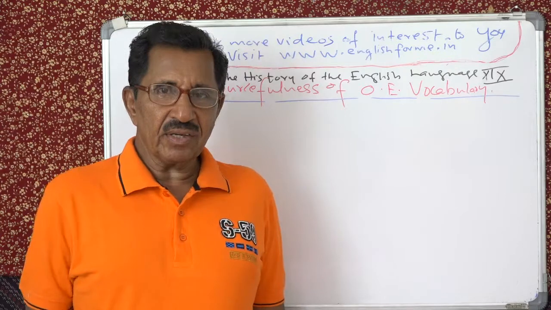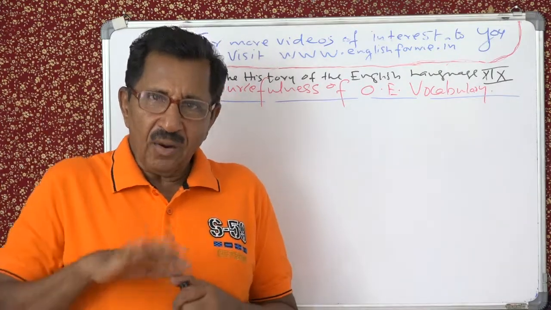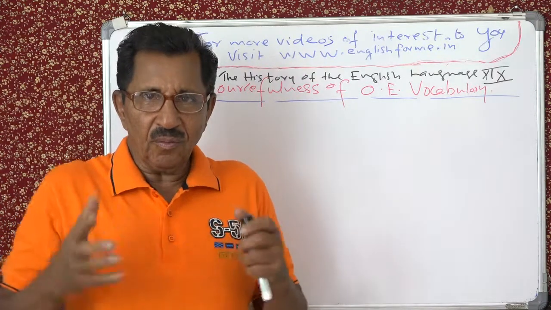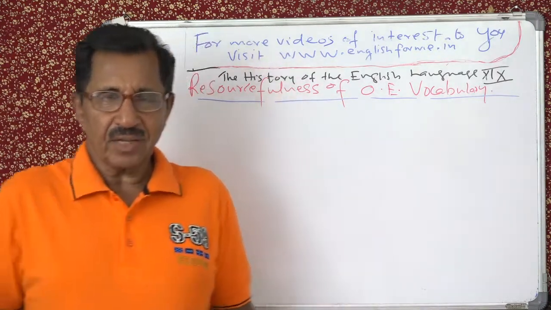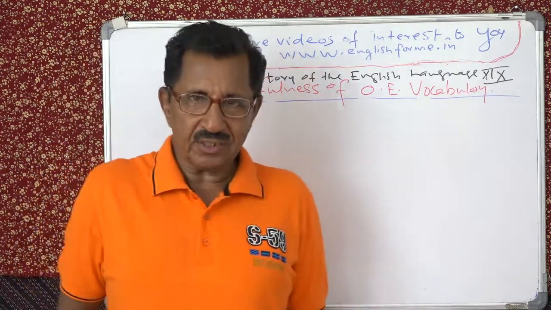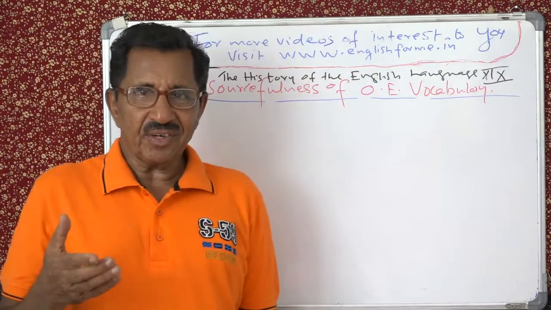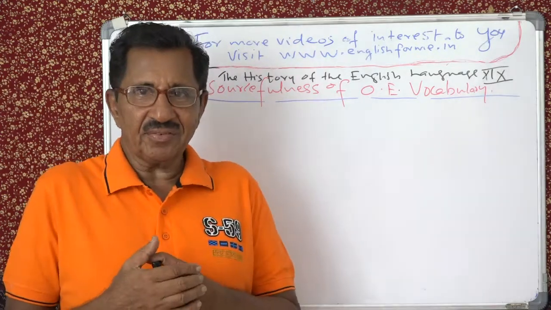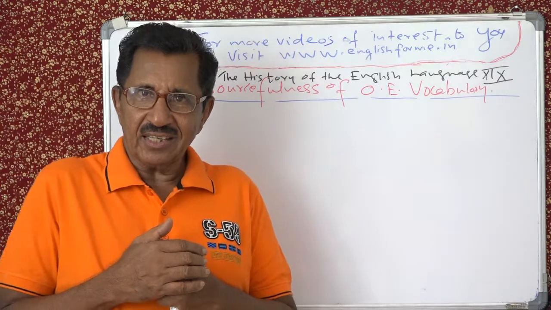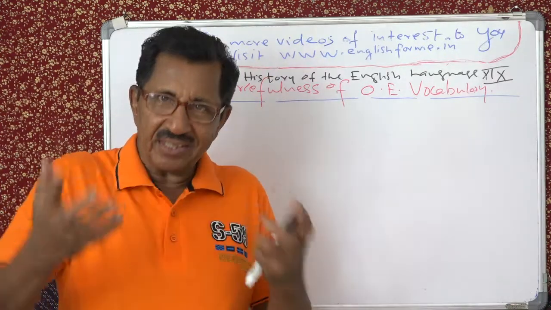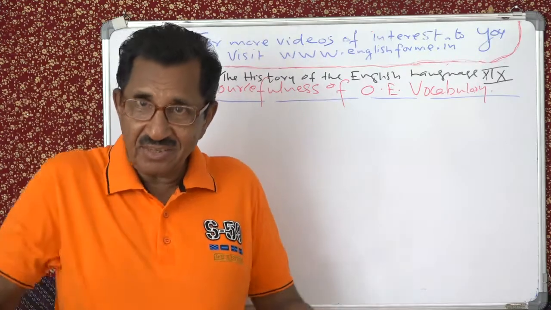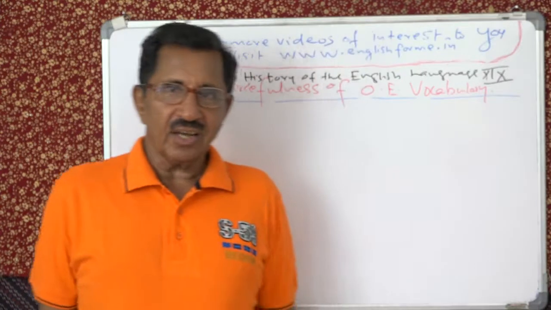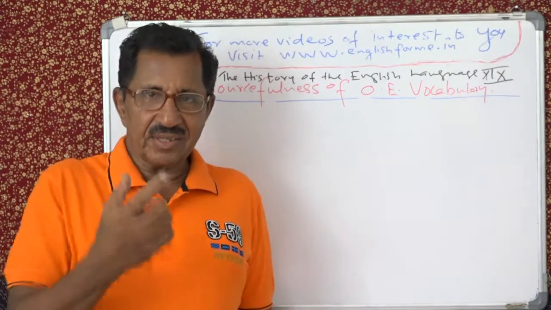Understand? Now what we are going to do is we will consider how Old English made the language rich enough to express different ideas, different nuances of the meanings, different combinations, different words used for imagination and things like that. Imaginative use of words as Shakespeare did later in the 16th century. Now I will give you some examples.